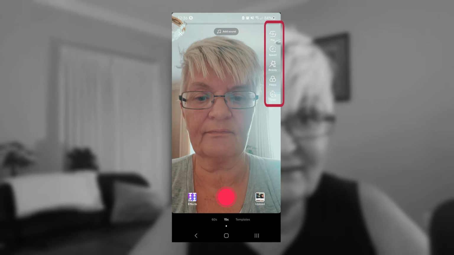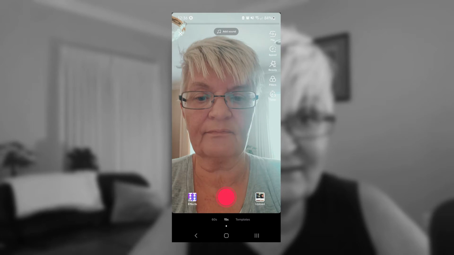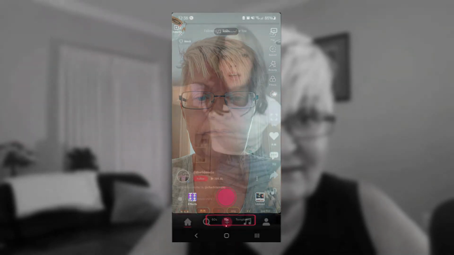That's the countdown to your start recording. At the bottom we have effects, and there are a lot to choose from. We have the record button, and you have upload if you have recorded the video somewhere else. You can choose between 60 seconds, 15 seconds, or you can use templates.